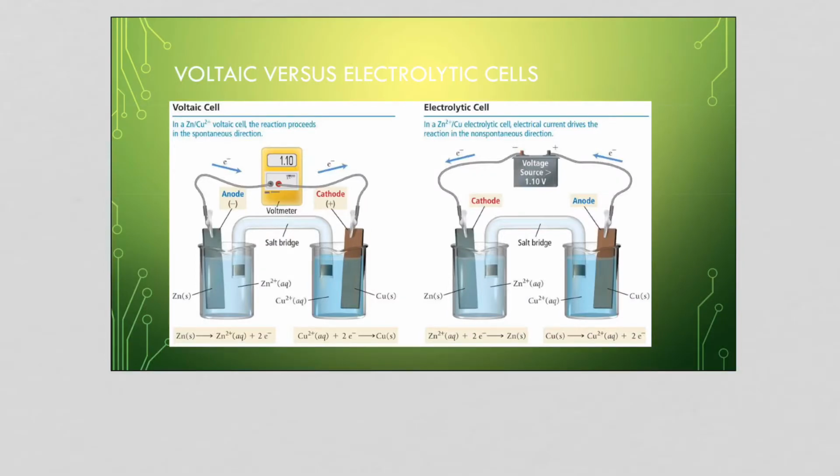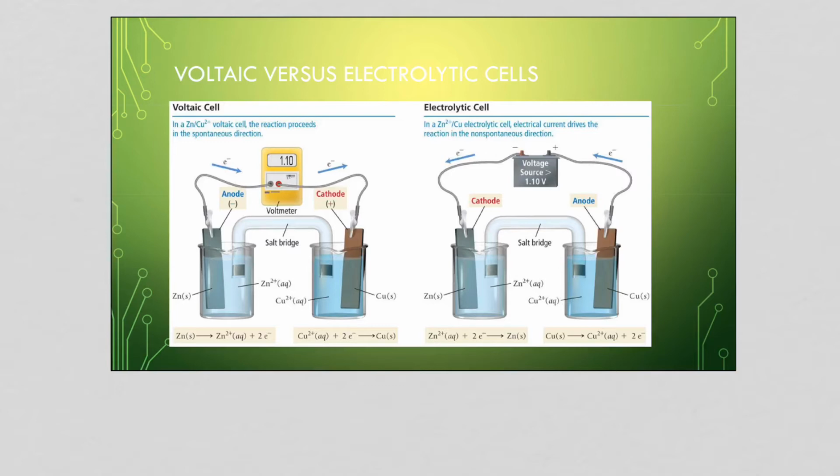Now, if we look at the basic setup of these cells, you'll notice some similarities. If we have the voltaic cell, this is in the spontaneous direction. We get a 1.1 voltage. We have our classic zinc copper voltaic cell. If we look at the electrolytic application of this,